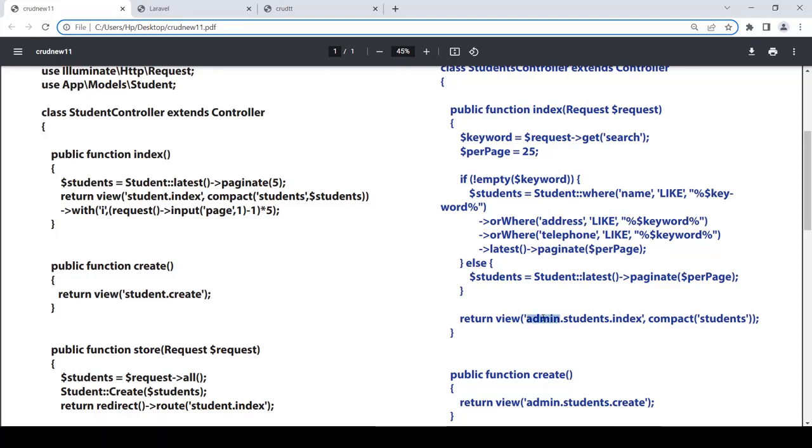So here in the views folder there will be a folder created, which is the admin folder. Inside the admin folder there is another folder, which is students. Inside the students folder we have an index page, right? After that, compact, this one should be loaded along with the students variable's values,